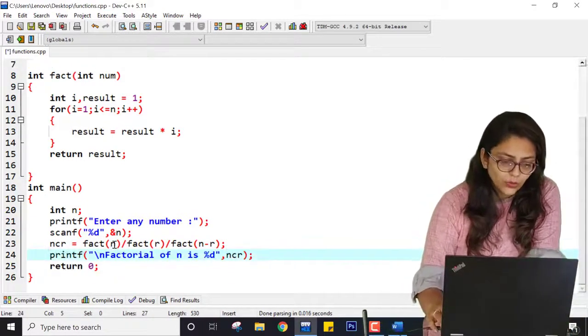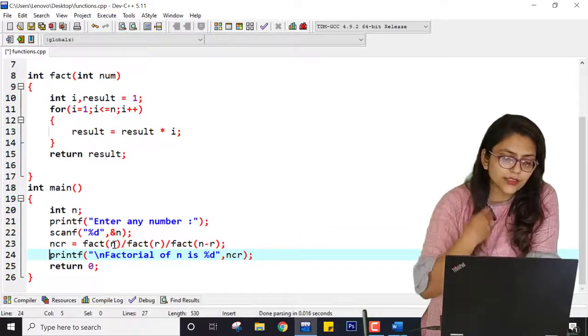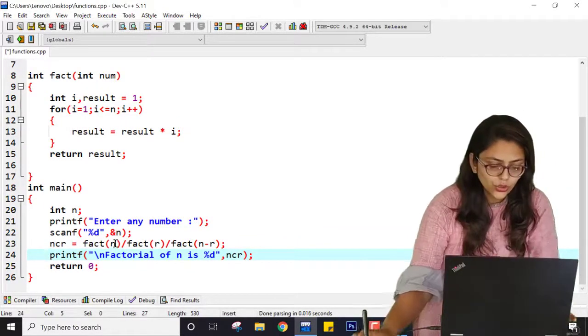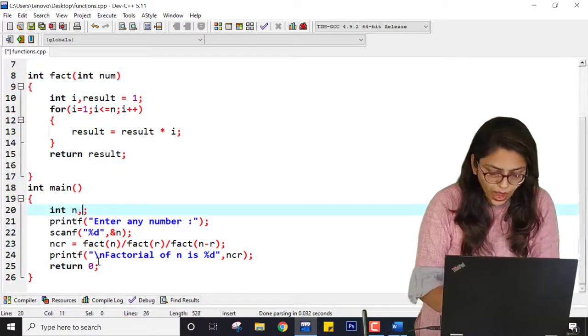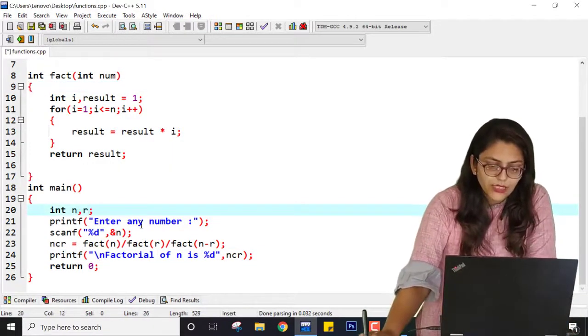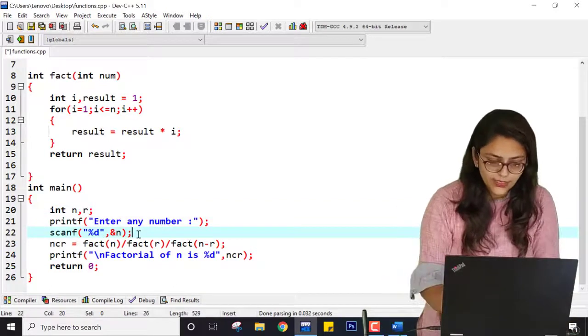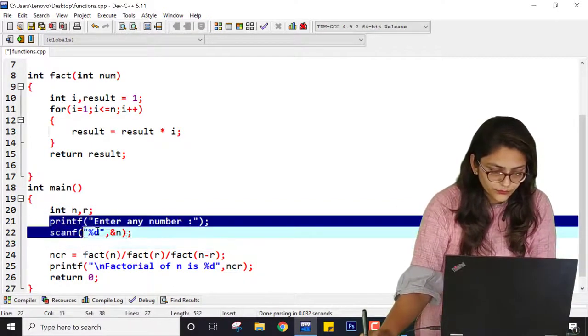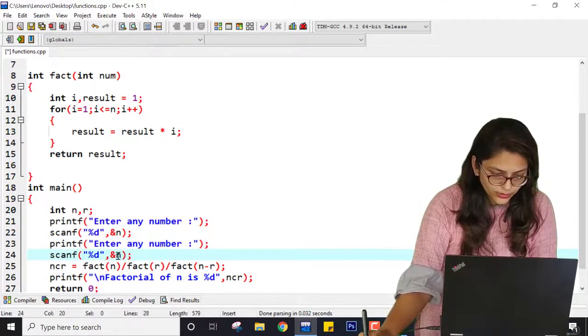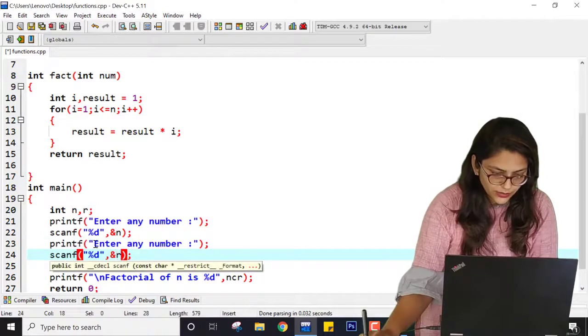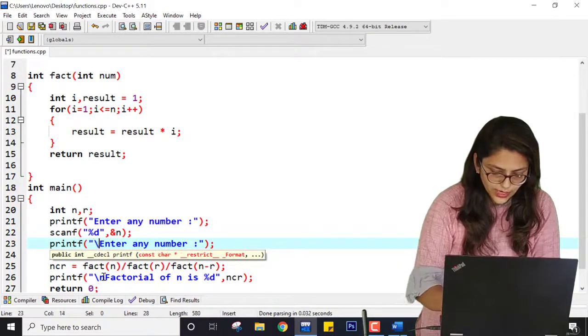So what I have done over here, let me just check if the answer is correct or not. Let me save this program. First, I also need to take value r from user, because I want to know what is n, what is r. So for r, I am copying this and pasting it over here. Here it will be r, here it will be n.